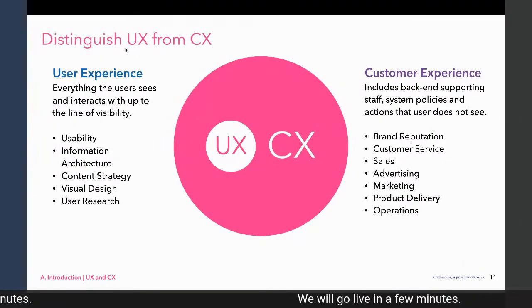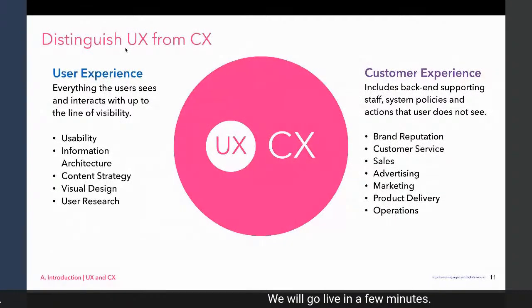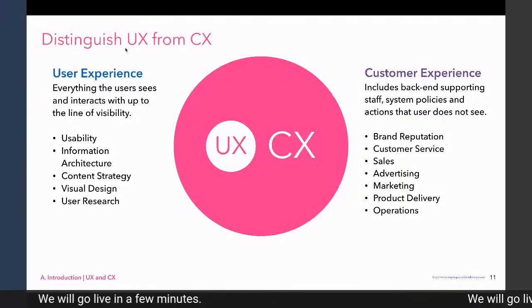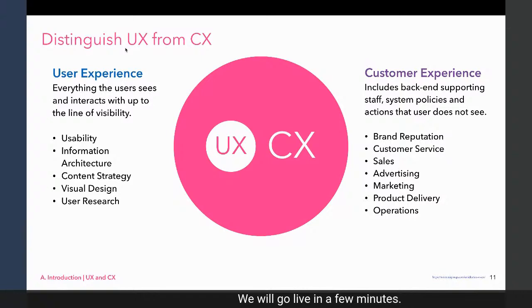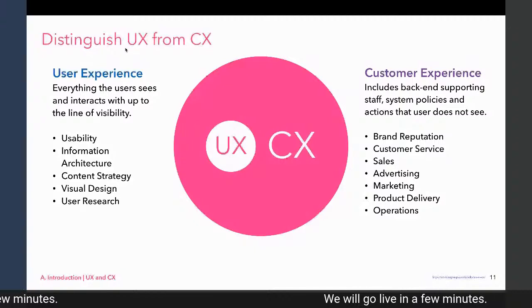A common term in the world of UX is customer experience. Originally, Don Norman defined user experience as the total experience. But as time progresses, people use the term CX, or customer experience.